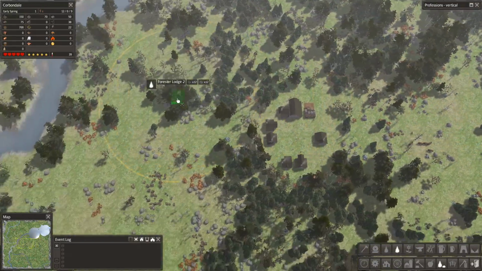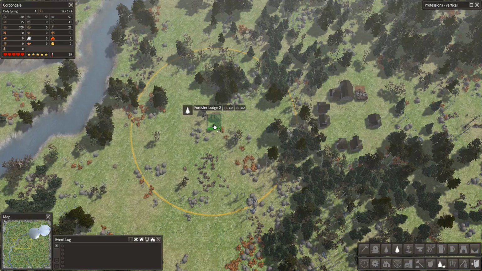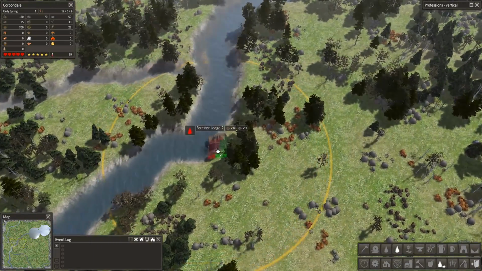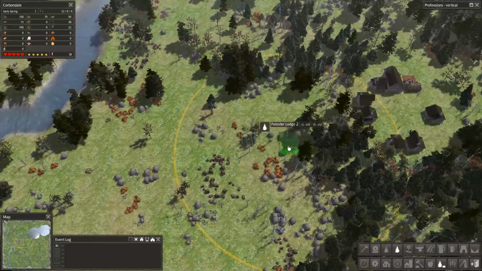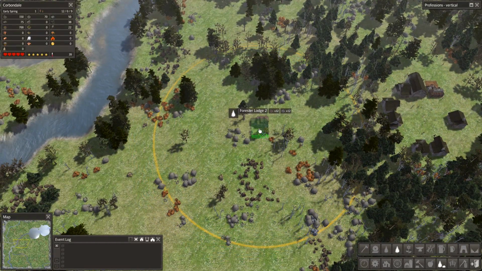Taking a look over here, I think I'm just going to go ahead and build this over here then. Forester Lodge, I think I'm going to just start here, because this looks like a nice little area for a fishing dock. So, it is paused, right? Yes, okay, so we're going to go ahead and place these. So we're going to place,